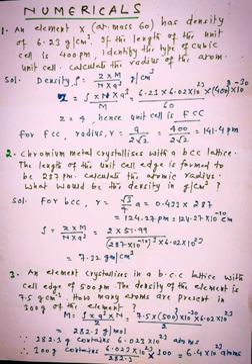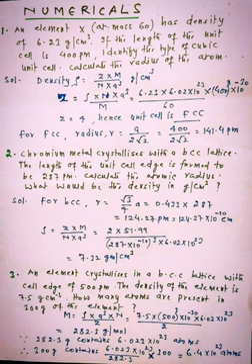So we know that for BCC, the value of r, that is radius of atom, is equal to root 3 upon 4 a. So the value of root 3 upon 4 is equal to 0.433, and the value of side length is 287. So it comes out to be 124.27 picometer, and after converting to centimeter, it becomes 124.27 into 10 power minus 10 centimeter. Now we have the value of side length here. Then calculate the value of density.